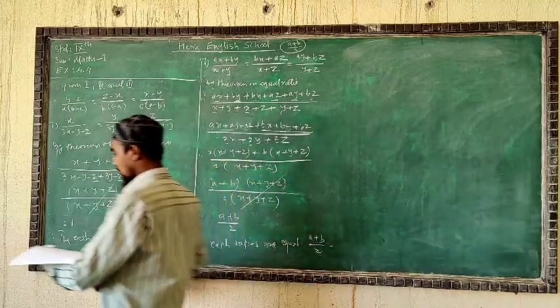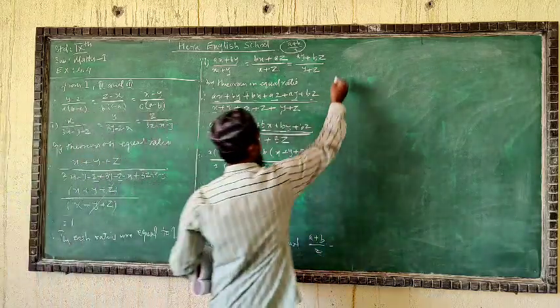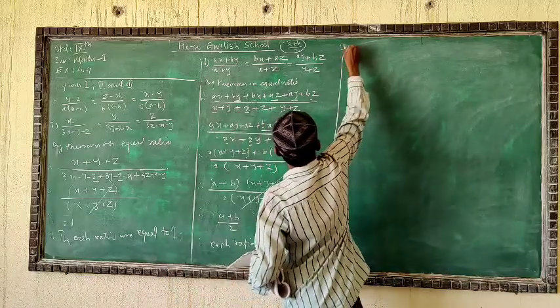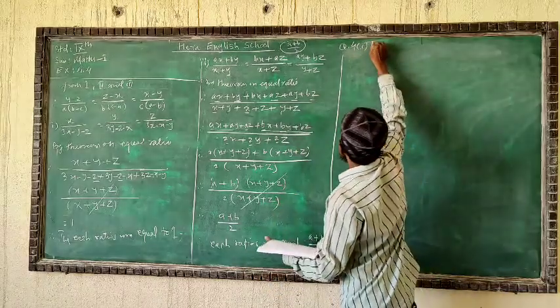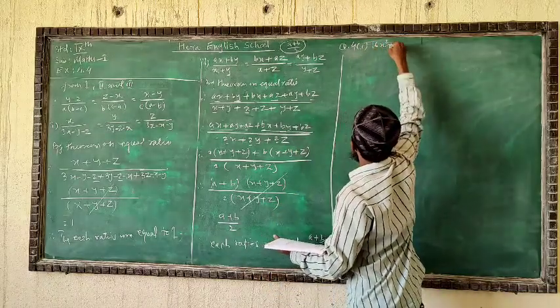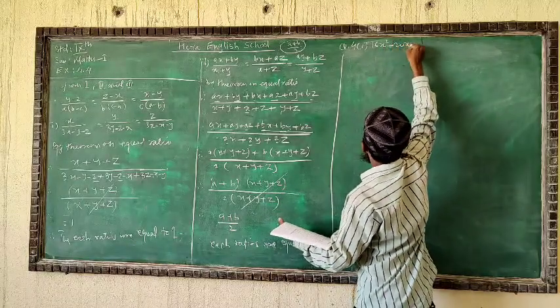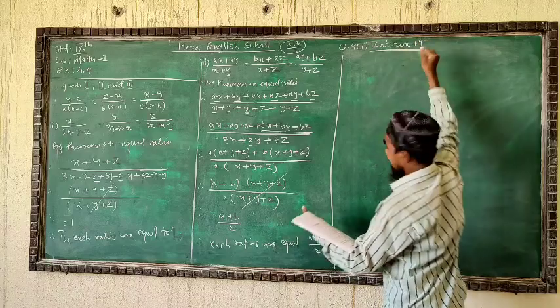In question number 4, what do we have? 16x square minus 20x plus 9 upon